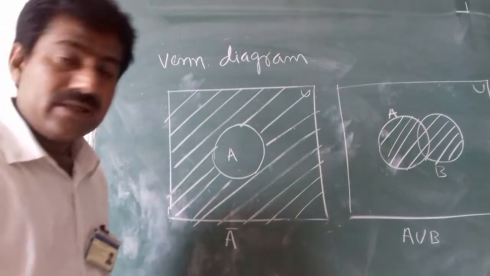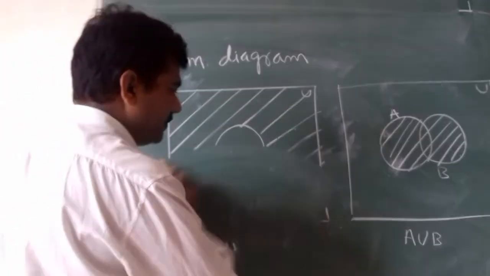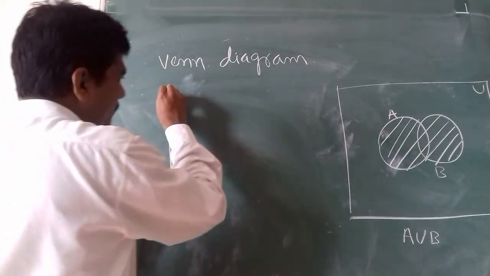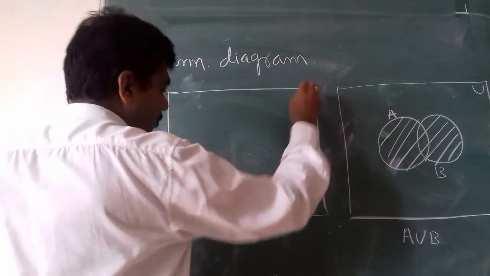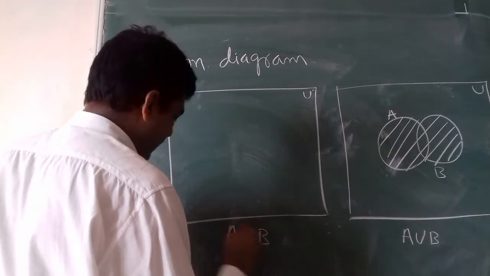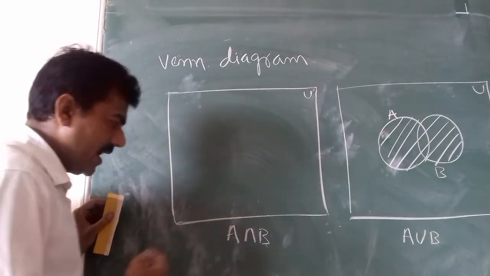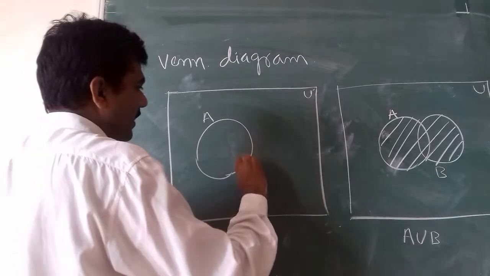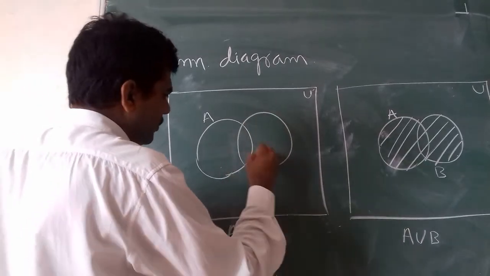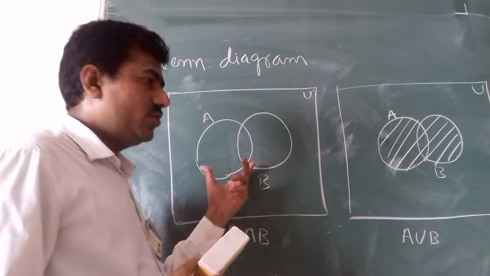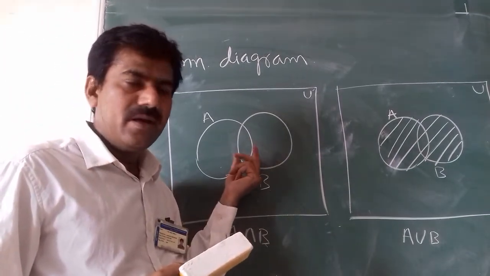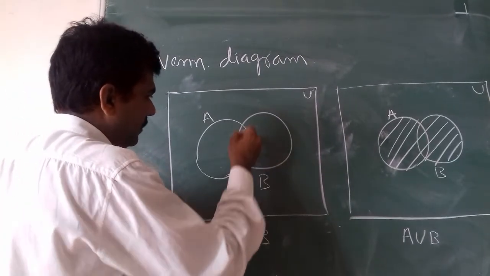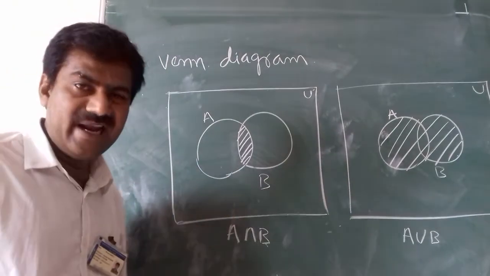Next set operation is the intersection. A intersection B contains the elements of A that are also elements of B. So let's say this is the set A and this is the set B. This is what is called a joint set, meaning these two sets share some elements. So A intersection B will be this particular portion, that is the common element between A and B.